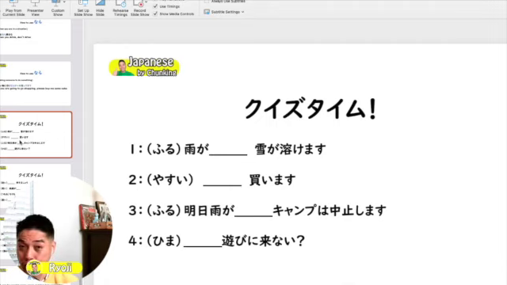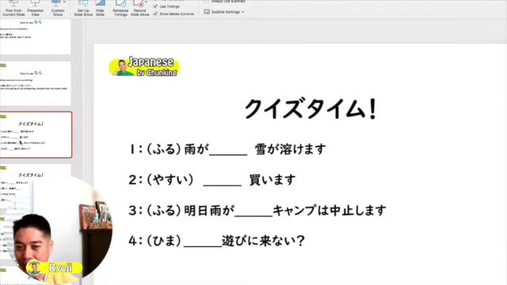Question number 2. 安い。安い means cheap or affordable. And change the word 安い。買います。